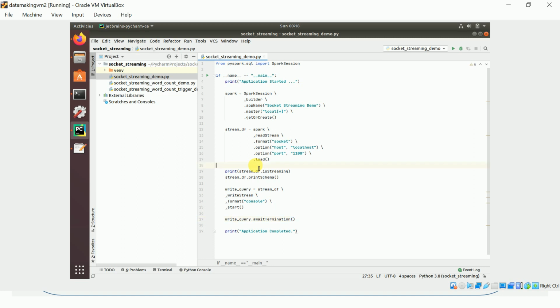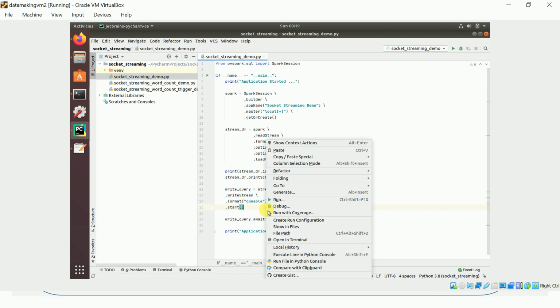Okay, so this is what you need to understand. This is like creating a Spark session object, similar to how you do in the batch API. Then from the source you are reading the data, which is going to be a stream data frame, and in the middle you will be doing some transformation. In this example, I just kept it simple, and you are going to write the result data into your sink. So this is going to be a console sink. Okay, let us run this program.